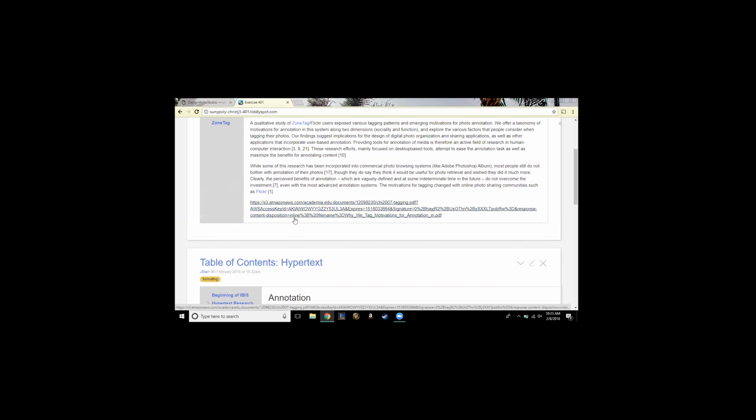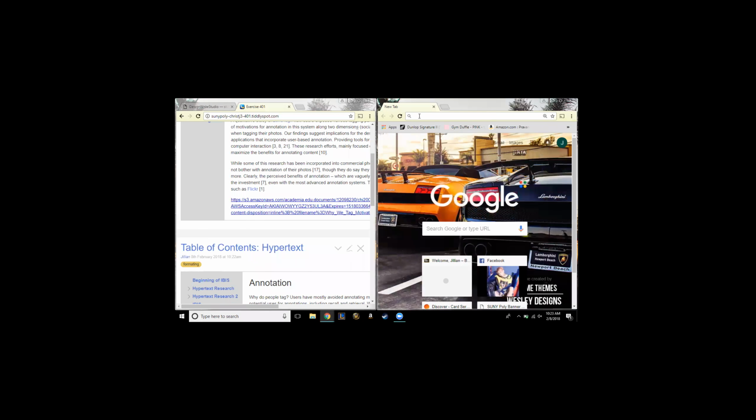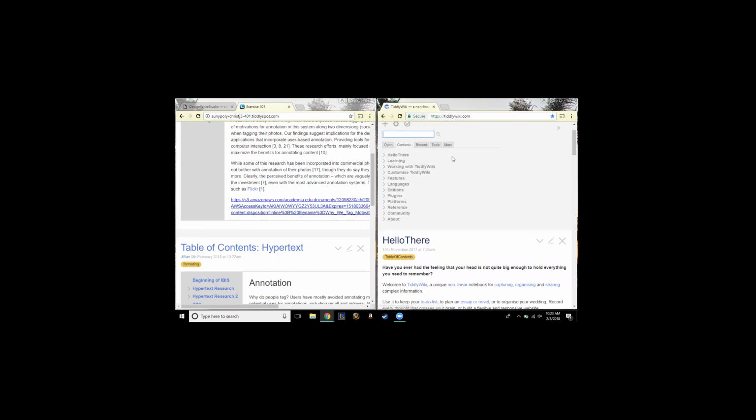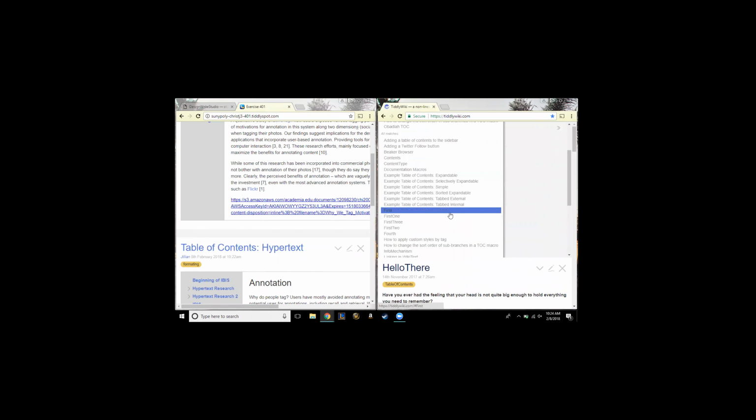I think what Jillian's dealing with is a problem called state. So can you divide your screen in half and go to tiddlywiki.com? And in another tab, go to tiddlywiki.com and search for talk. Go to the table of contents.